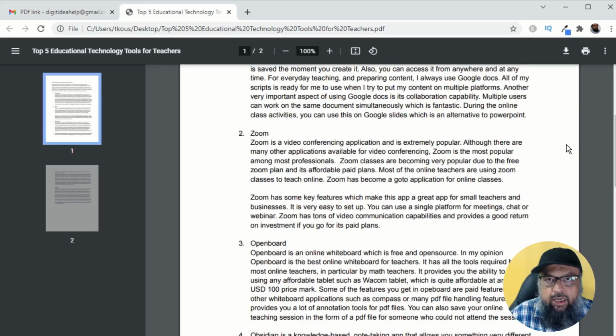So this is a very quick and easy way to share your Google Documents as PDF. In particular, if you are teaching online, your students will be able to save these files on their computer instead of having a link to your Google Documents files. Now the other method would be that you create a PDF from your Google Documents, save it somewhere on your Google Drive and share the link to that file, but that will still be a link. In this method you can allow your students to save the file as PDF. So in many cases this is a good option.